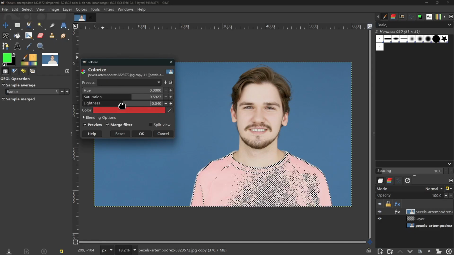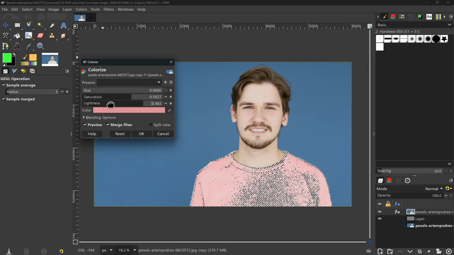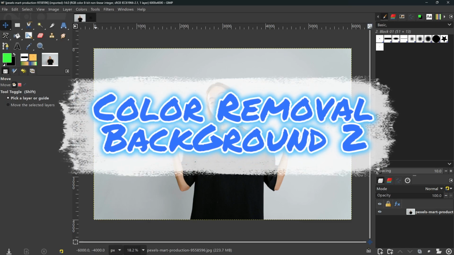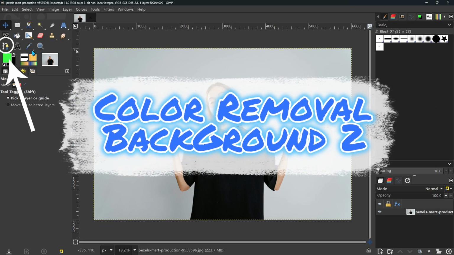I can do a split screen and see before and after. So this works very well. And there are other ways to do this as well that work just as good, if not better. And there are tons of videos out there on this. Okay, let's move on. A more precise way to change your color would be to use the Paths tool right